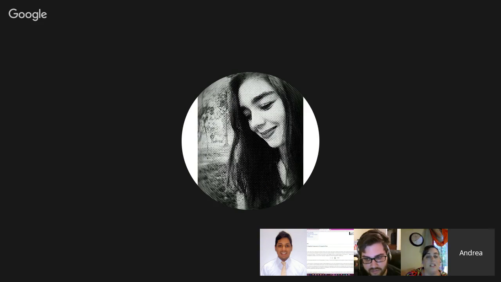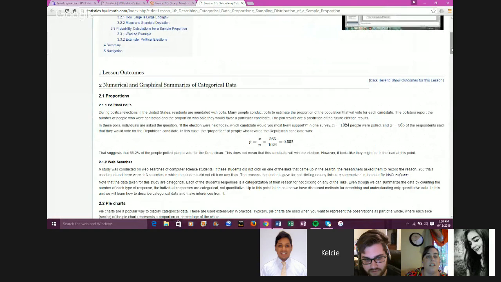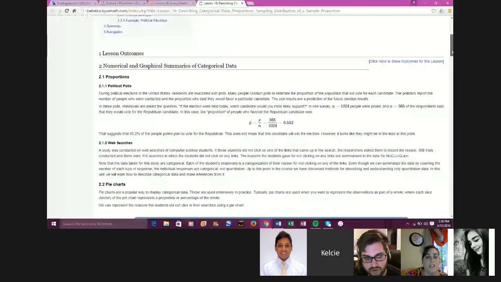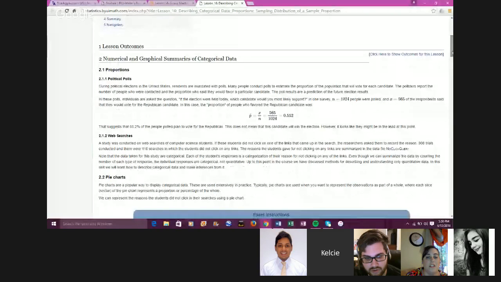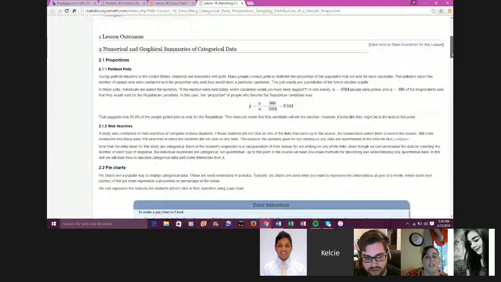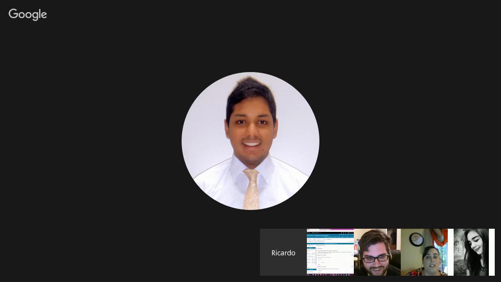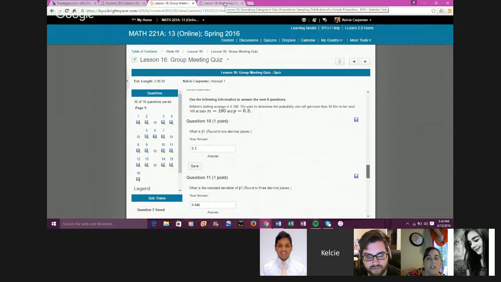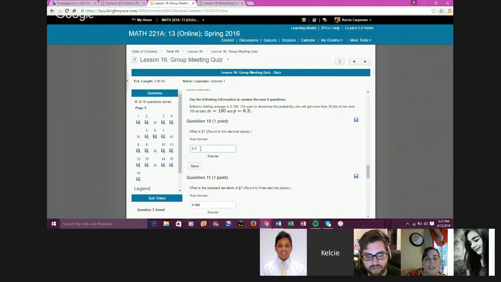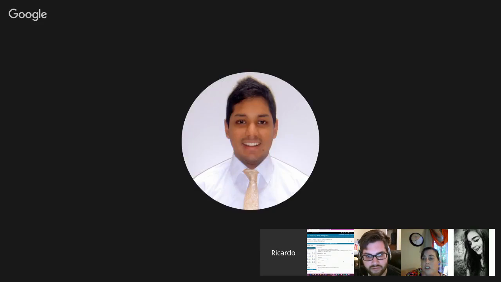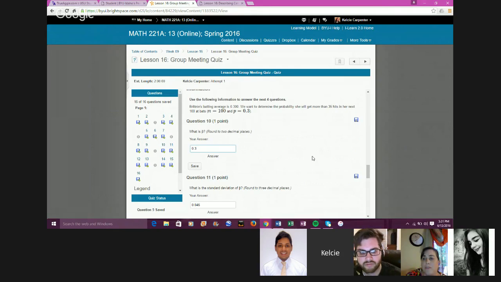Okay, so at the very beginning of the reading, it says P with the hat equals X over N. P with the hat is X over N? Yes. What is X? Okay, 35? At the beginning of the reading, is that what you said? Oh, yeah, there it is. Okay, so N equals 35 in this